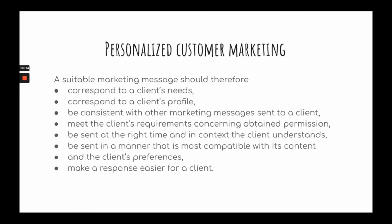It has to be consistent with other marketing messages from the company sent to a client. It has to meet the client's requirements concerning obtaining permission about their data. It has to be sent at the right time and in a context that the client understands. It should be sent in a manner that is more compatible with its content and the client's preferences, and of course make a response easier for a client. So these are what we want to do when sending a message, and that's how customer